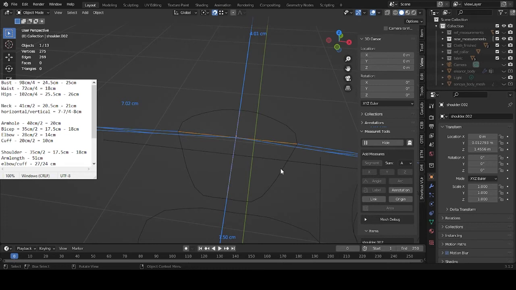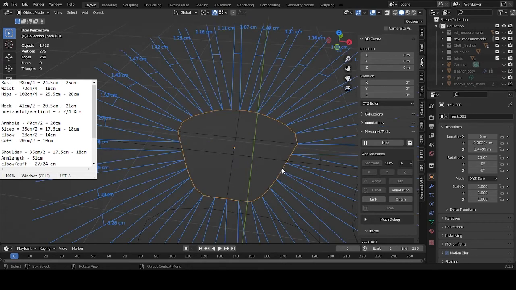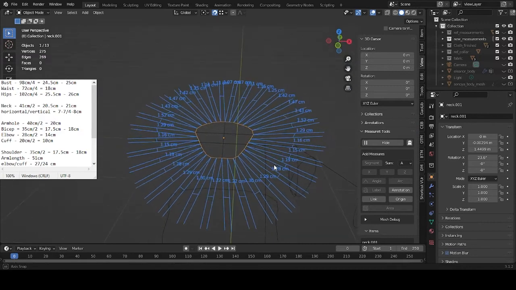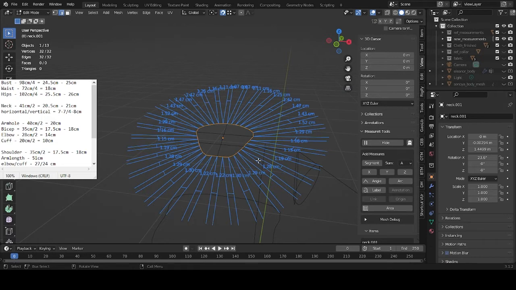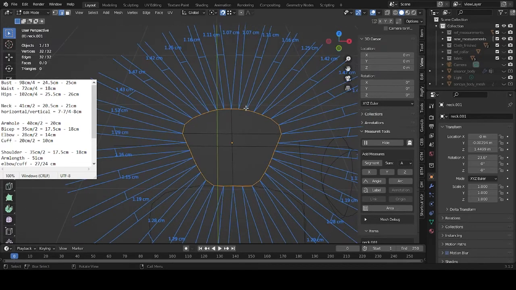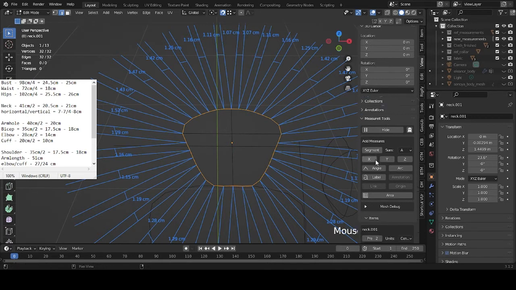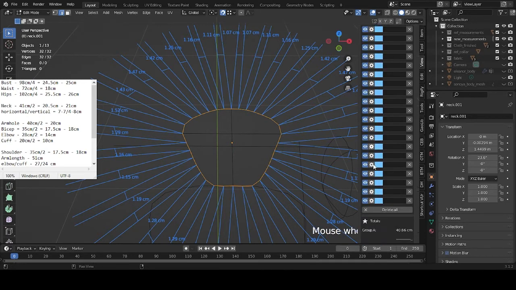To do that, we just need to recalculate our neck measurements. Instead of going the whole circumference, we just measure these edges on the back and again on the edges on the front. So let's delete them first,